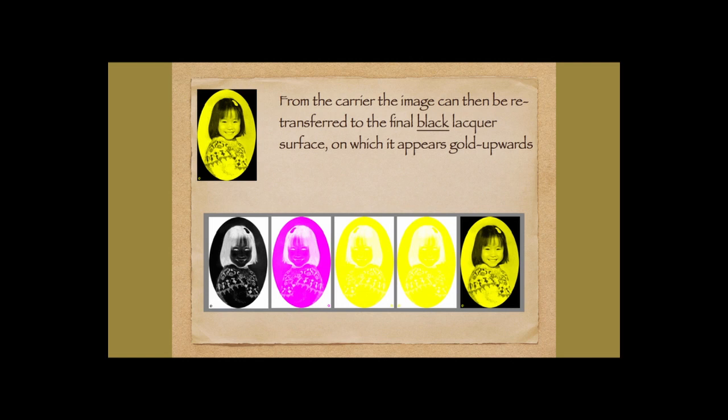If you read all of the textbooks which happen to mention this process that were written before our article, they're all wrong. I cannot say it more clearly than that. Earlier authors didn't read the patent, didn't study microscopically the surface of what they were looking at, and they just guessed, and they guessed wrong. There was a 1935 book, Art Photography, published in Japan, which describes a very similar process but without a transfer